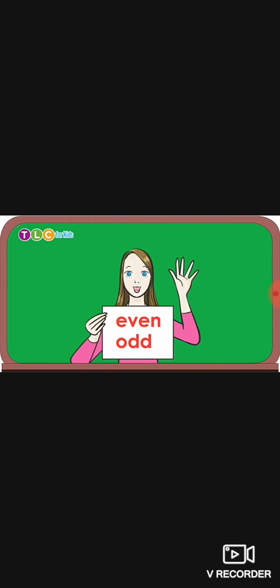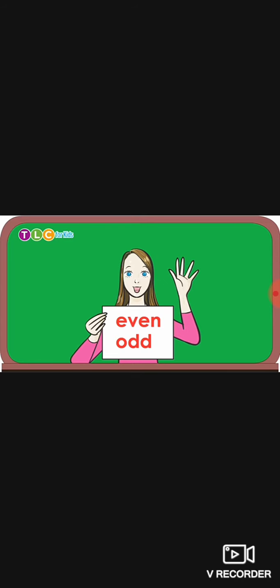Odd numbers of flowers and birds you saw in the mountains.